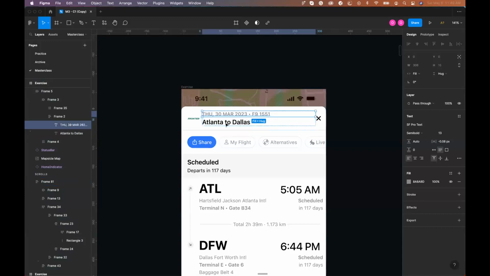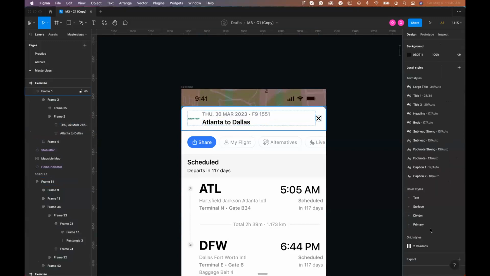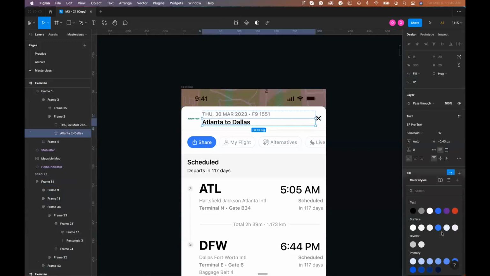So you might not want to come here every time to look for the text. If you have that for your neutrals, I'm sure your typography would feed off the neutral color styles mostly. But the same thing is, if you select a text and you want to apply a text style,